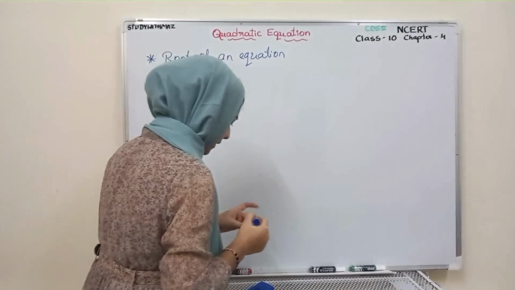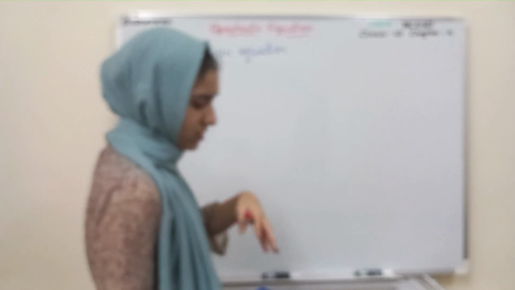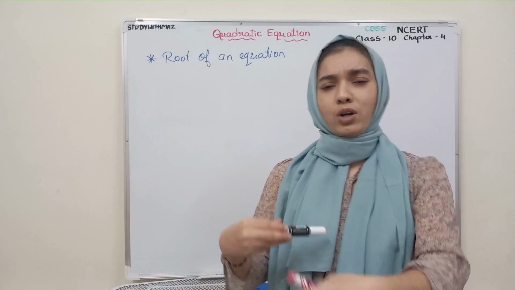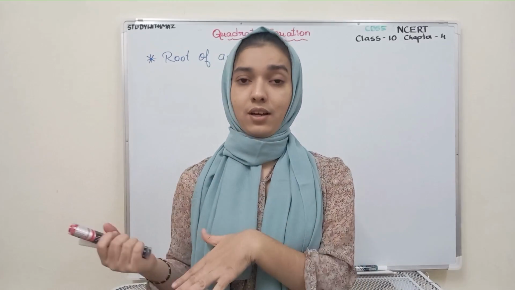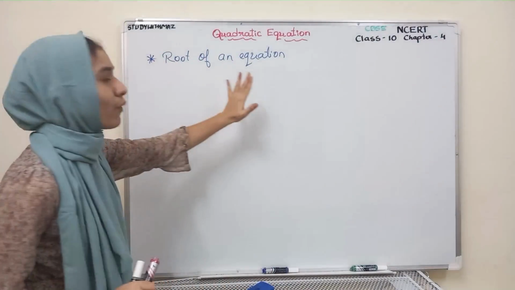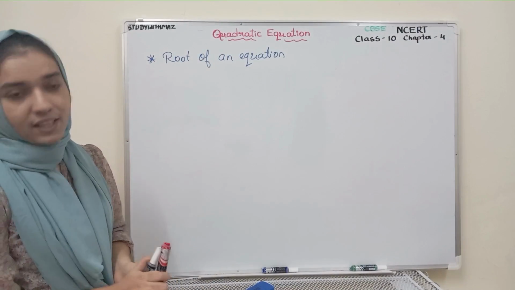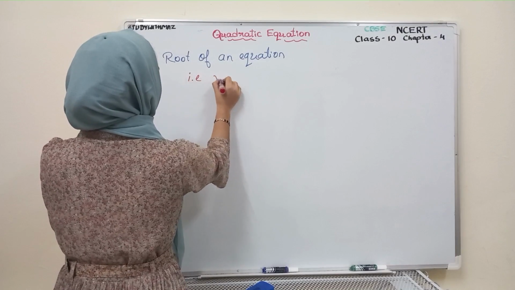So some people think that this topic is very difficult. Why? Because they don't know what is a quadratic equation, what do you mean by root, so many words come up here. So they can't understand what the question says. That's why I am making it in a simplified way. I will tell you, this is nothing. Root of an equation is nothing. Root of an equation means the value of x. That's it.